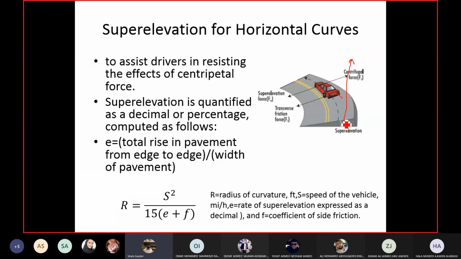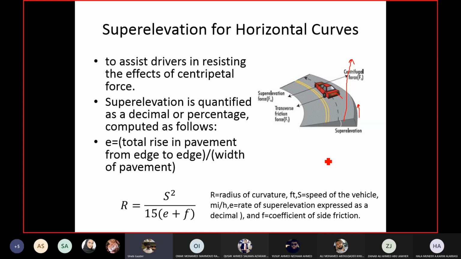It was initially going straight, so whenever you try to change the path of the motion, it will resist. So we raise the outside edge of the road so that the vehicle is pushed towards the curve. You can see the outside edge of the road is pushing the vehicle inside towards the curve. So it provides an extra support and an extra resistance against the centripetal forces. Super elevation is the slope of the outside edge, and it can be represented as decimals or percentage, like we did for the gradient as well.